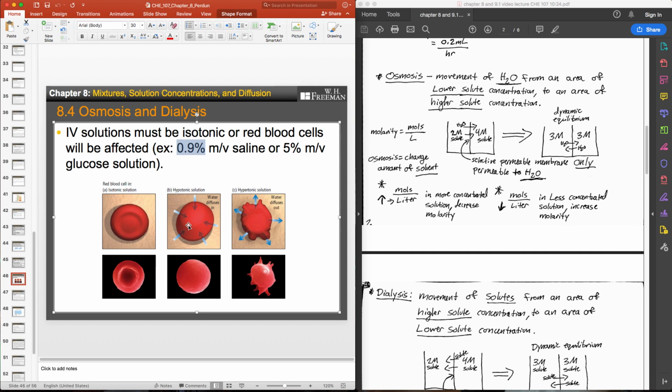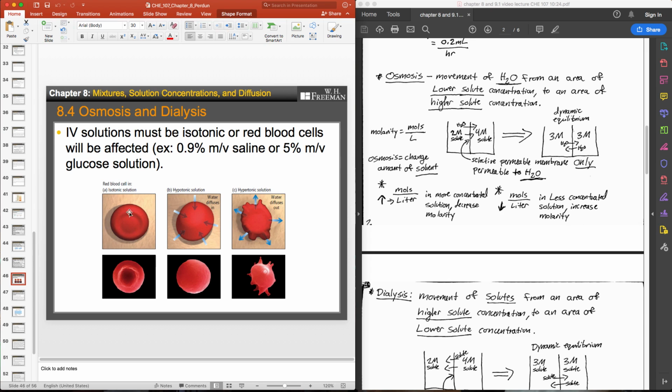And so taking purified distilled H2O, which is just pure 100% water with no solutes involved, if we were to put that into an IV solution, it would kill the patient. The reason is it would cause all the cells to blow up. So why is that? Well, if we have the solution, and remember we're talking about the solution compared to the